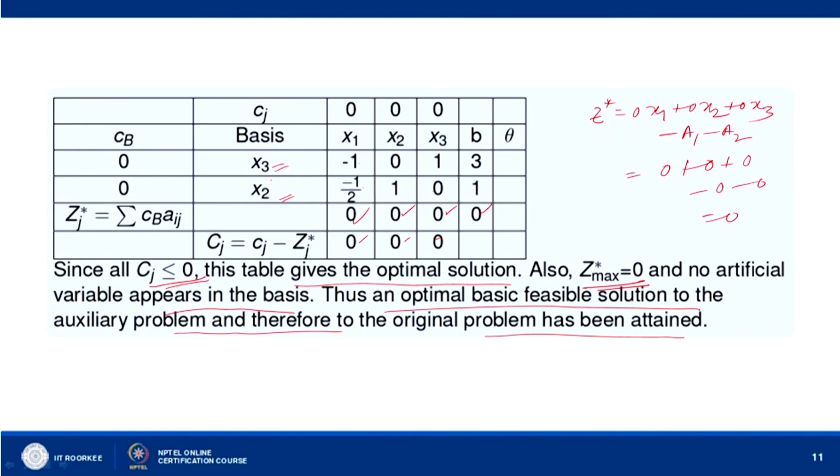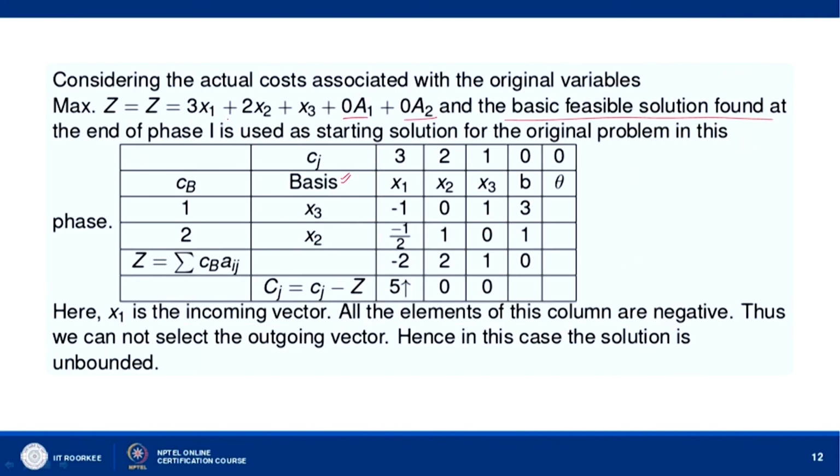Okay. The coefficients of x 3 x 2 will now be written here in the CB column. So, x 3 coefficient is 1, x 2 coefficient is 2, and the remaining table will remain as such, x 1 x 2 x 3, minus 1 0 1 3, minus half 1 0 1, and then let us find now z. Z is sigma C B A I j. So, 1 into minus 1 is minus 1, 2 into minus half is minus 1. So, we get z as minus 2, and then here 1 into 0 is 0, 2 into 1 is 2,